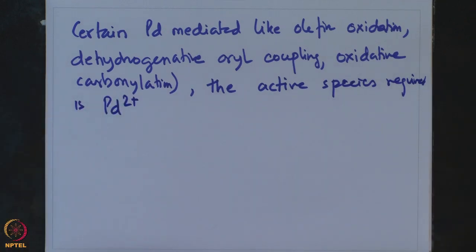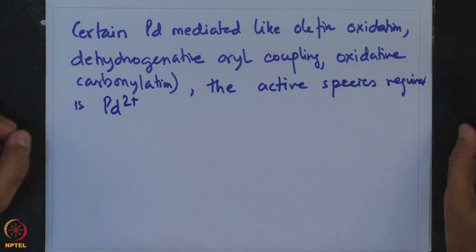So, this is kind of different from other cross coupling reactions, where palladium 2 precursor gets converted to palladium 0, whereas in reactions like olefin oxidation, dehydrogenative aryl coupling or oxidative carbonylation, the active species required is actually palladium 2 plus,